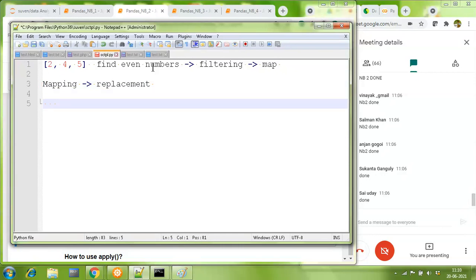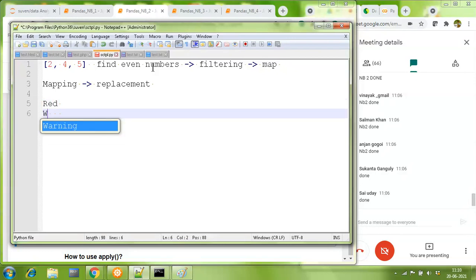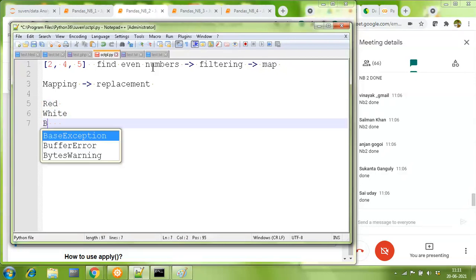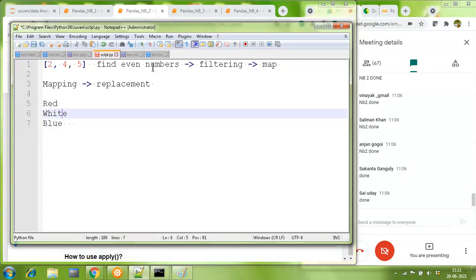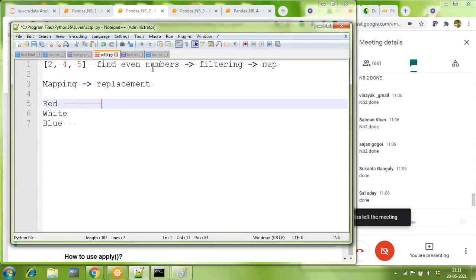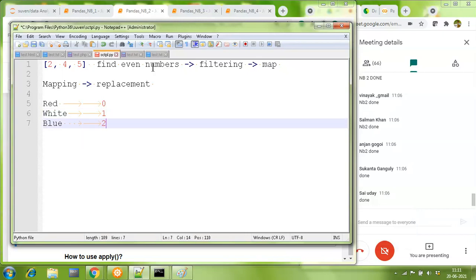Example, supposedly I have this piece of data where the color of a car could be red, it could be white, or it could be bright blue. But instead of holding the information as color of the car as red, white, and blue, I plan to make it as a 0, a 1, and a 2.